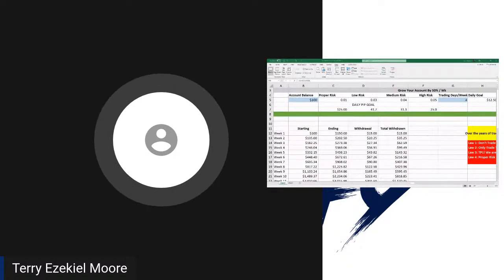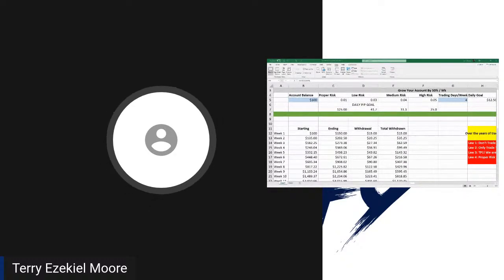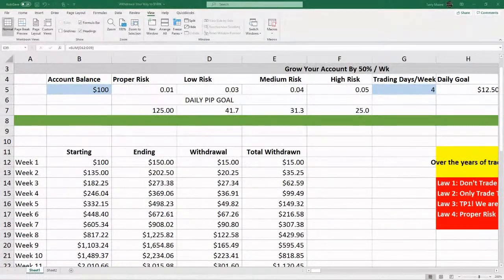So we're going to go ahead and talk about this compounding interest sheet. This was actually created by one of our leaders in the group and given to us. We ran across a couple of them, but this one specifically was to give people the opportunity to withdraw their way to 100K. Because what we found is a lot of times when people make money in the market, they were giving it right back.